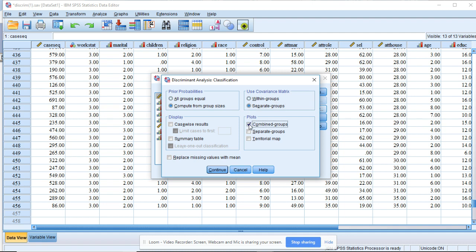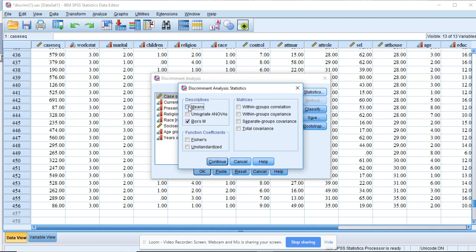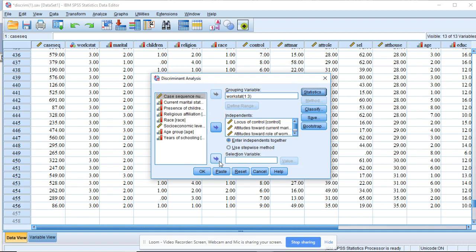And then the plots, let's get all of the plots and click on continue. Statistics, let's get everything. We want the means, univariate ANOVAs, Fisher's, unstandardized. Some of this we'll use and some of it we won't use, but I'd rather run my analysis getting everything, and then I can understand what I'm going to use and not use. So here we can click continue, and that is it. So now we click OK,